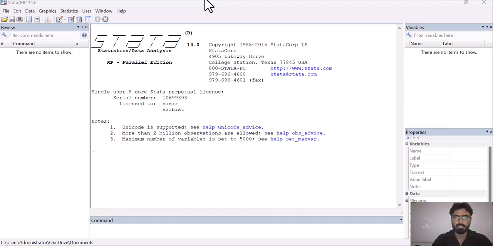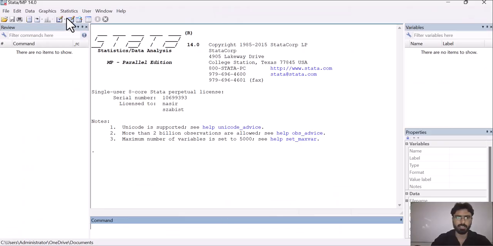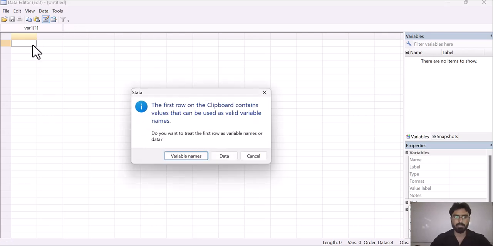For this, first of all, we have to bring our data from the Excel file to Stata. So copy all your data from the Excel file, then go to Stata, go to the data editor, then paste all your data here and select the option that treats the first row as variable names.